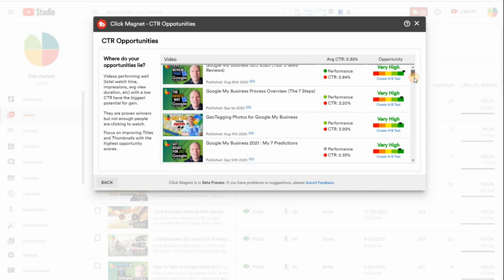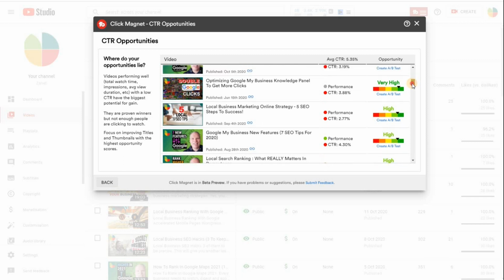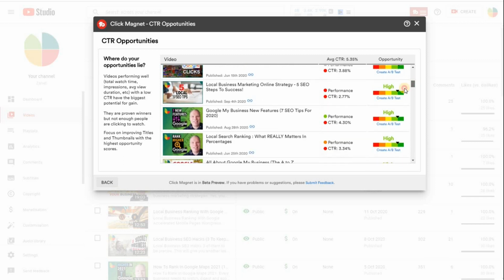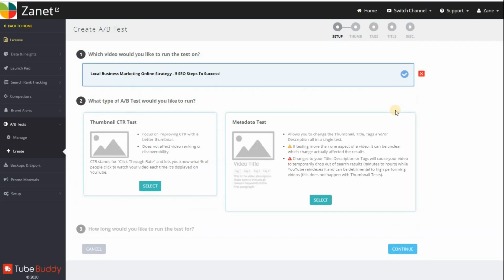So what I did is I worked through these. So a lot of these now have been done. Some of these are A/B testing on different days, but you'll notice that the click-through rate, for example, here, that's not a spectacular thumbnail. And so look, 2.77%, so there's a high chance. And all you then do is you then click on create an A/B test. So if I click on that, and in this case I've got an A/B test on this already, so I'm not going to do it, but you can now, if I was to do an A/B test on this one,